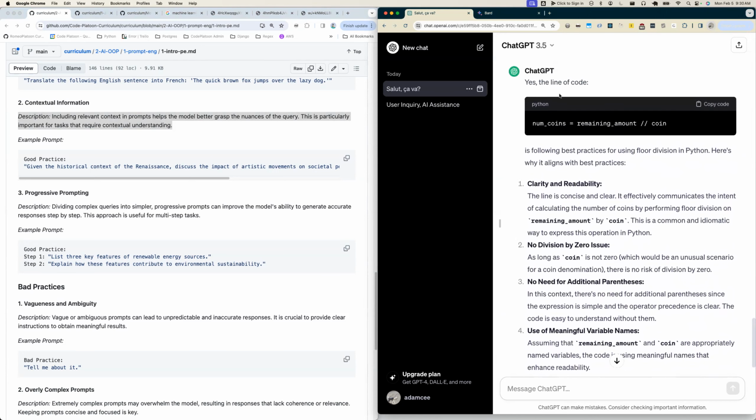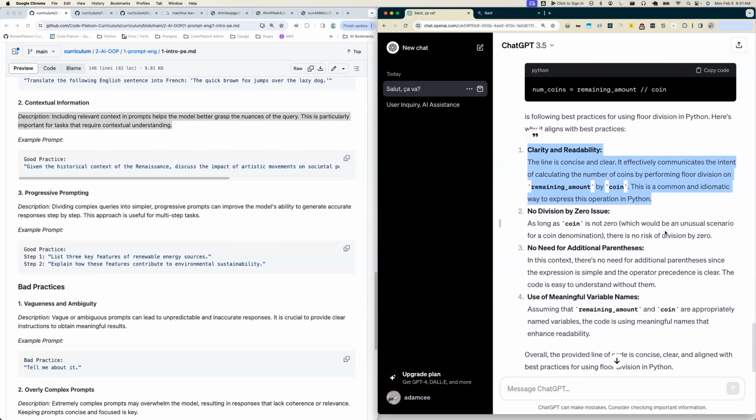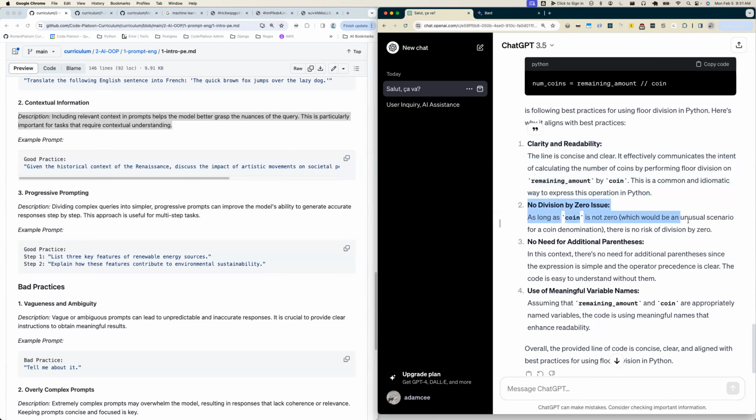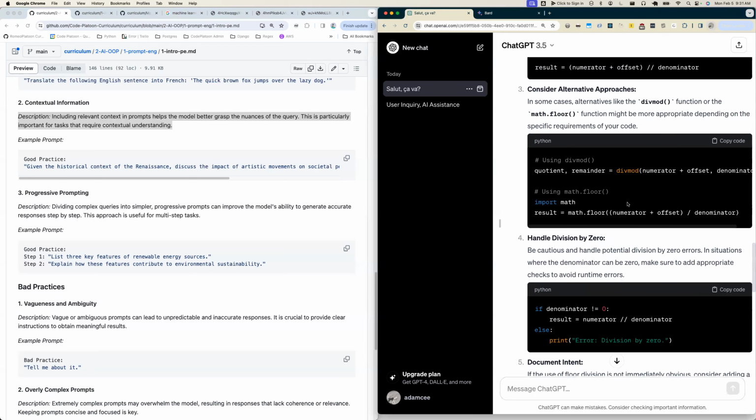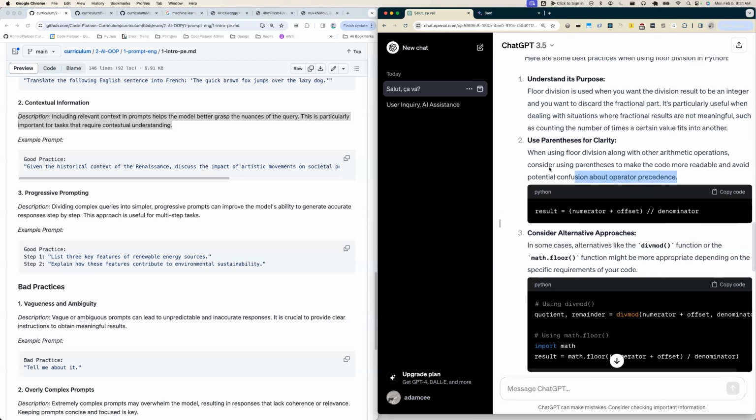And it does point out some good stuff here, like clarity and readability absolutely is the starting point of best practice. Thinking about, could I possibly be dividing by 0 is always important to think about. Not using parentheses unless you need them. And note that here in this previous example, they said use parentheses for clarity. And